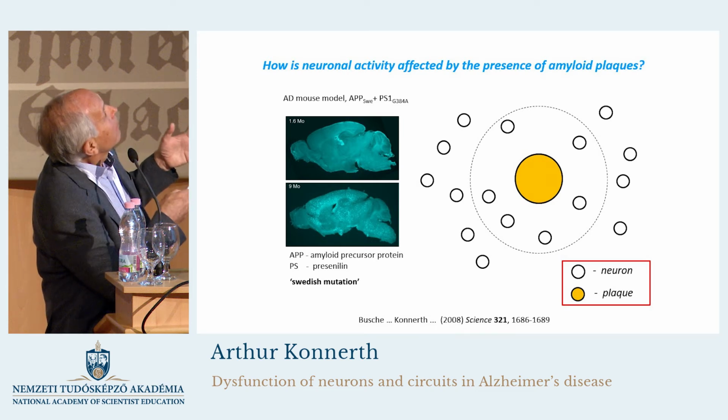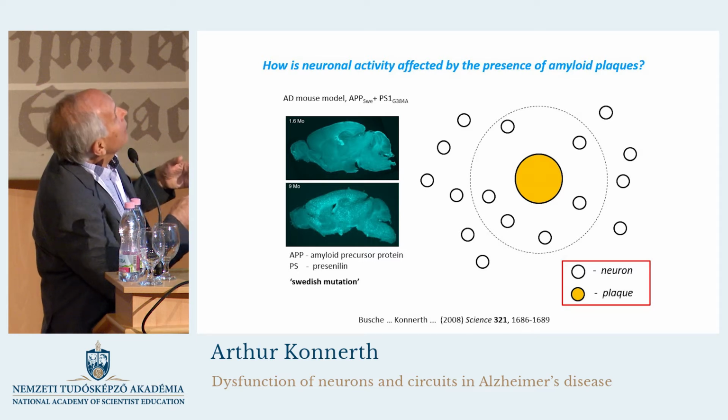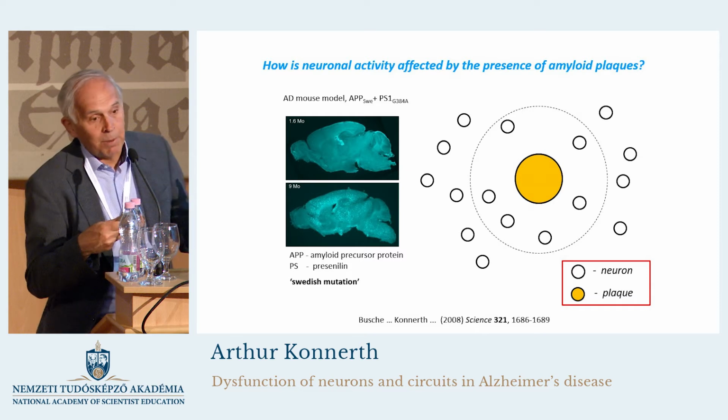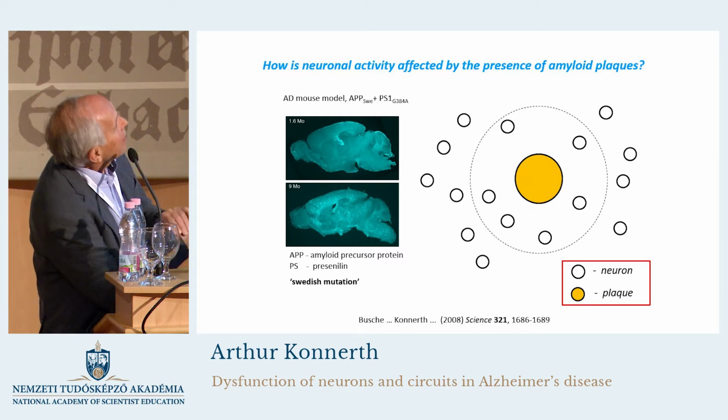and this is one mouse model that we had been using that had mutations in the APP and in presenilin, and these mutations actually lead to the formation of plaques. So early on, at 1.6 months of age, no plaques. Here you see at 9 months, lots of plaques. The plaques developed at the age of about 6 months in this animal model, and that's the time window where